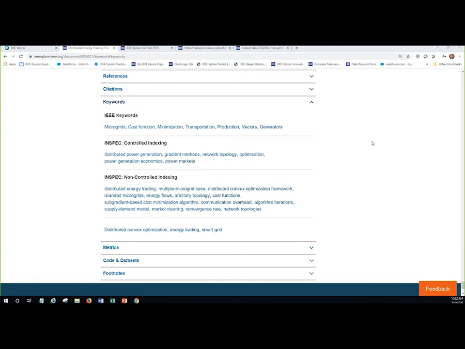All of these index terms are hyperlinked, so if you click on one, it'll generate a search for other articles indexed with that term. And this is another great place to come to help you find additional related research. If you can just find one good article, I always tell people to come to the keywords and really review those closely for that article, because it might suggest better search terms for you to try, and you might want to rework your search strategy based on some of those keywords or index terms.